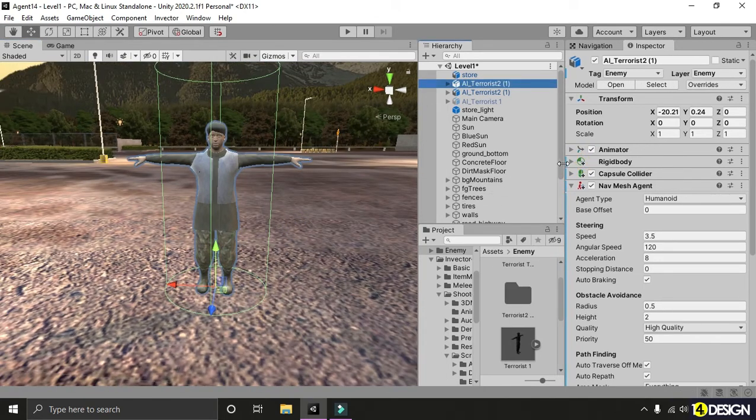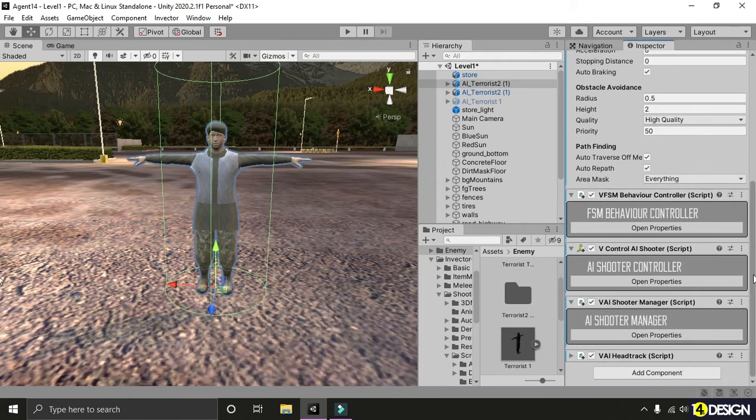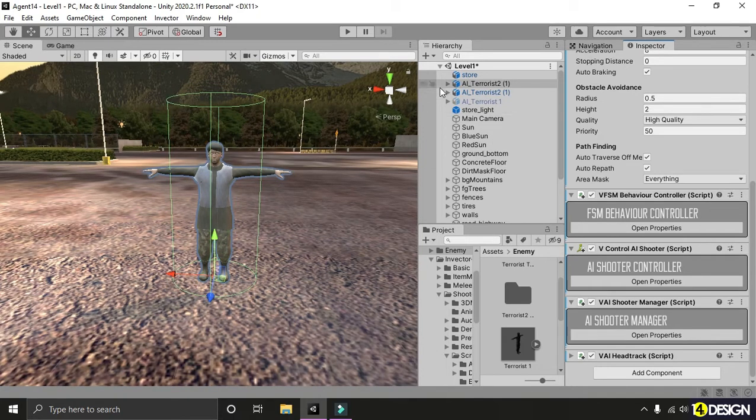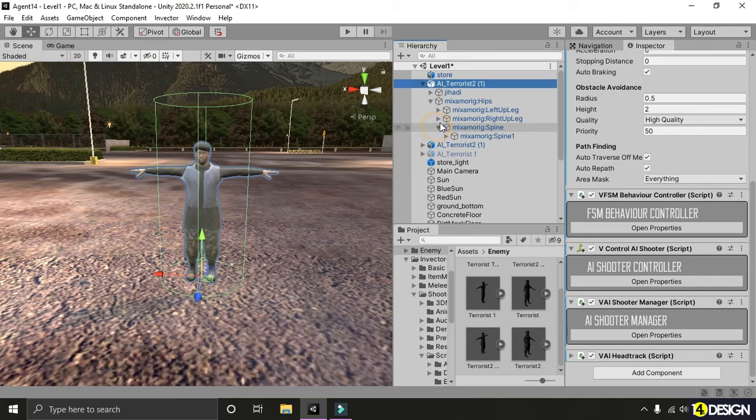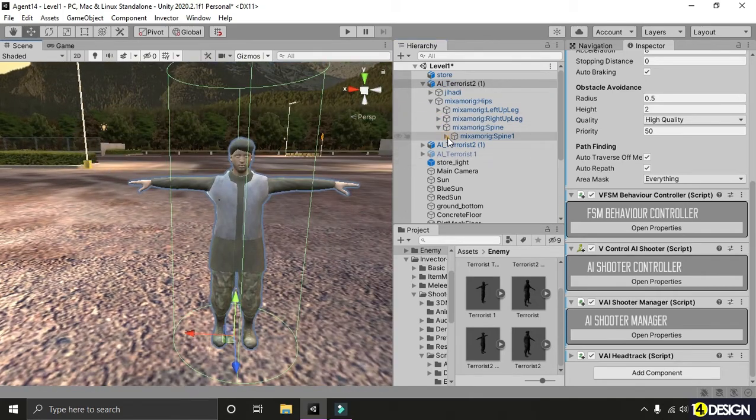Now we have to add a few components to it. If you see in the inspector panel, some components have already been added, like the navmesh agent and the shooter control script. Now we have to open up our model file, open up the rig and go to your bone structure.